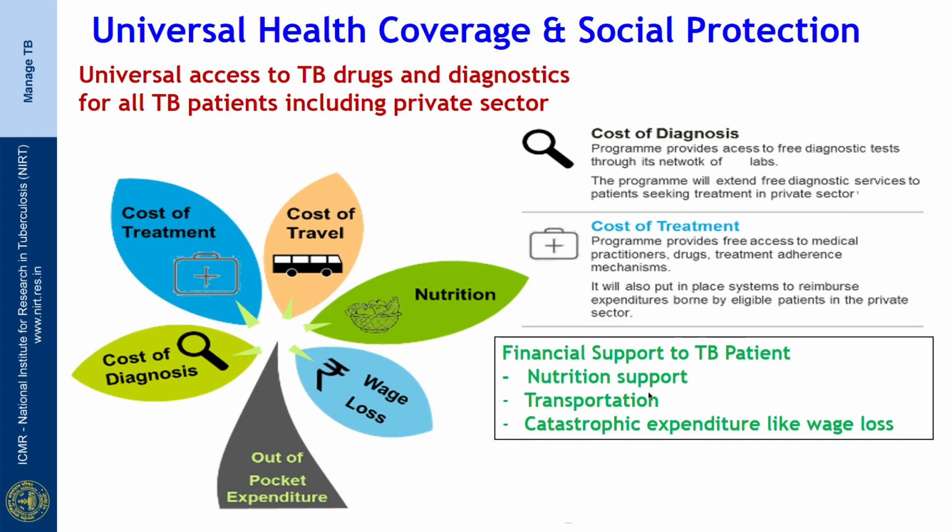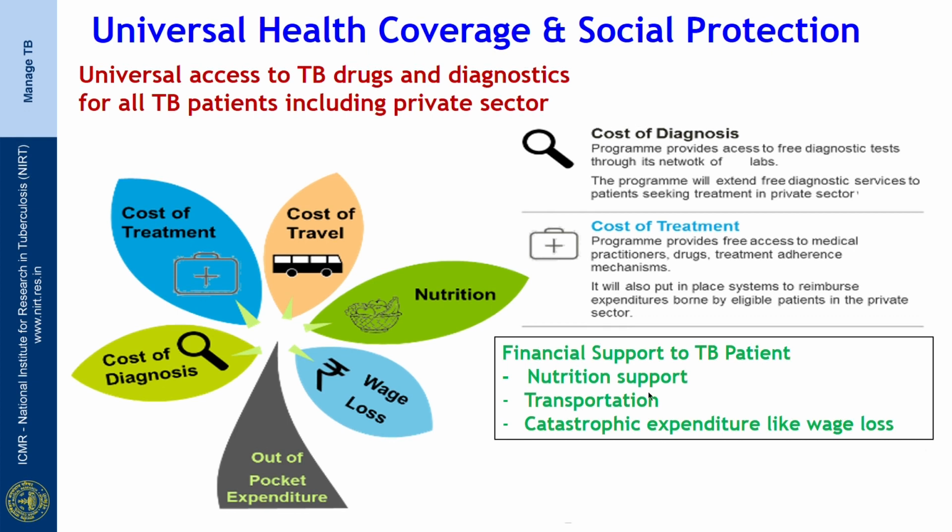So the program, and not only the program but also the state initiatives and various district level initiatives under various other national programs or other departments, like the social welfare department or the women and child department. There are various schemes to which the patient is linked, so that various issues can be addressed, and the financial incentives, like I said, are going to be transferred directly into the beneficiary's account through the DBT mechanism, so that transparency is also ensured and the patient is able to